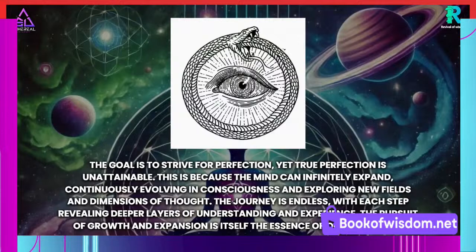It's like a tunnel, and there is a light at the end of the tunnel. And as you walk through this tunnel, the light is ever moving backwards. You should forever seek to meet that light, but you will never meet that light because consciousness is ever expanding. You should strive for perfection, yet know that perfection is forever unattainable.